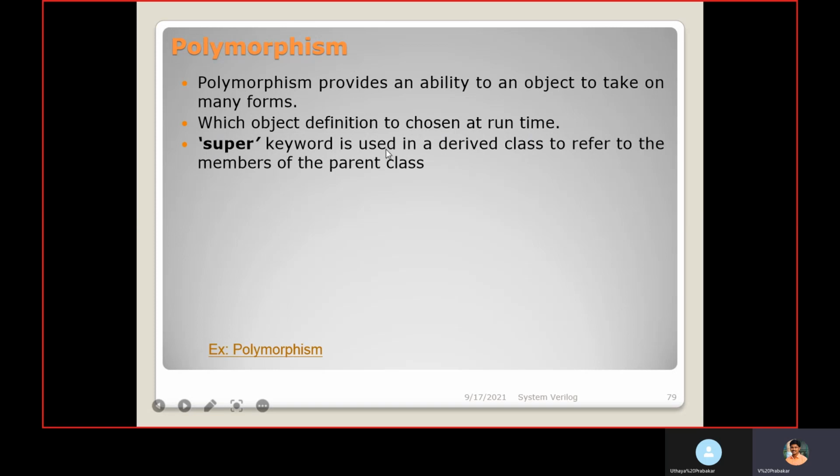Super is a keyword. It is used in the derived class to refer to the member of the parent class. Let's see an example for this.